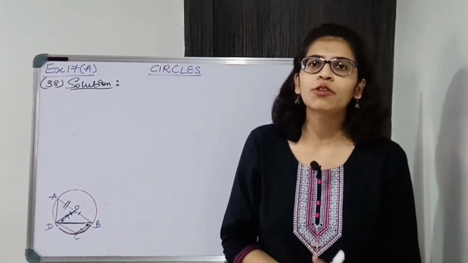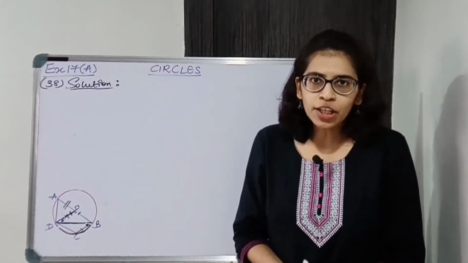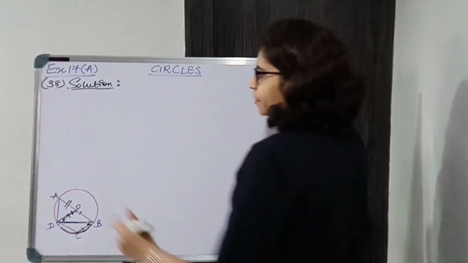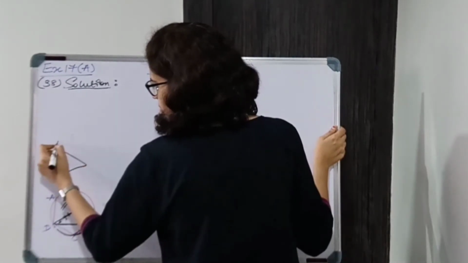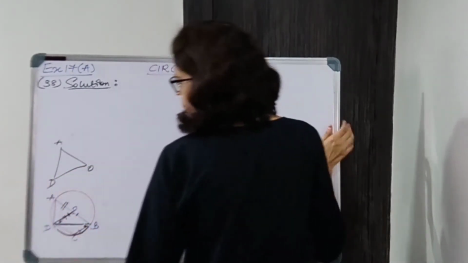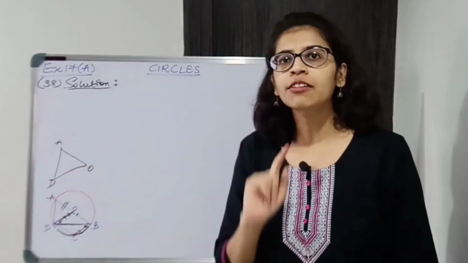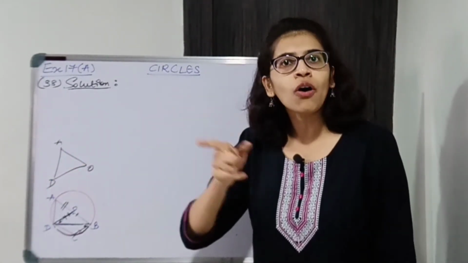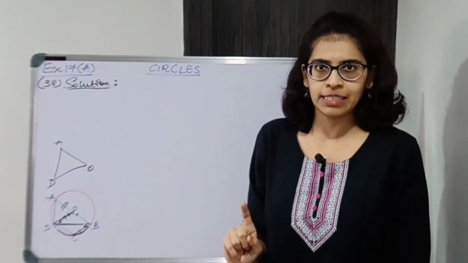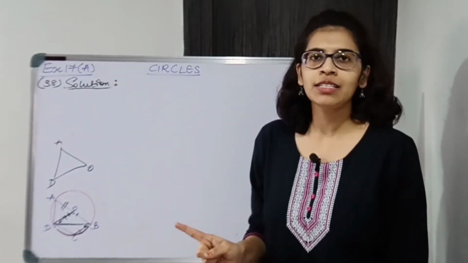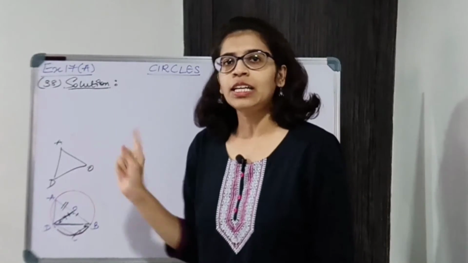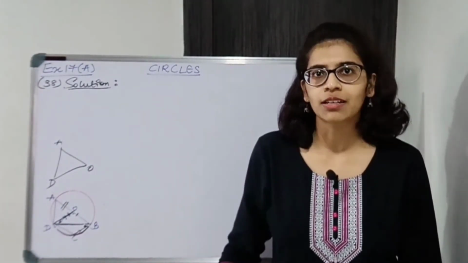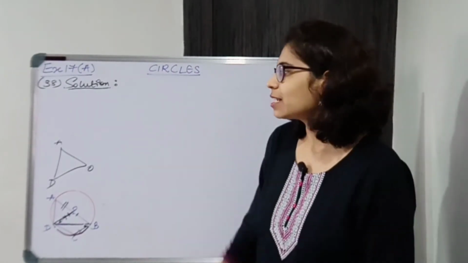Now students, we found all the four angles. Now we need to prove AOD is an equilateral triangle. So let us draw AOD. इसको equilateral prove करना है. Equilateral का हम लोग को either prove करना पड़ेगा that all the sides are congruent or that all the angles are 60 degrees. Only then we can say that this is an equilateral triangle. So either prove that all the sides are equal or that all the angles are equal. Now all the sides कैसे equal prove करेंगे?